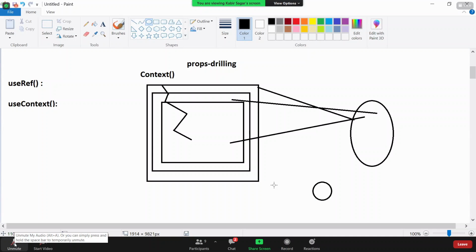Redux doesn't have any restriction. Redux tells whoever wants to store the data, store. Whoever wants to take the data, take. I don't have any restrictions. But the context API has the restriction that data can be passed from parent to child only. Parent to child only. So passing the data and making this available is the same as we did in the class component. Only taking the data from this context object is changed.